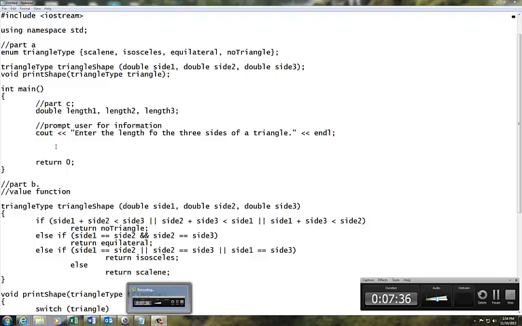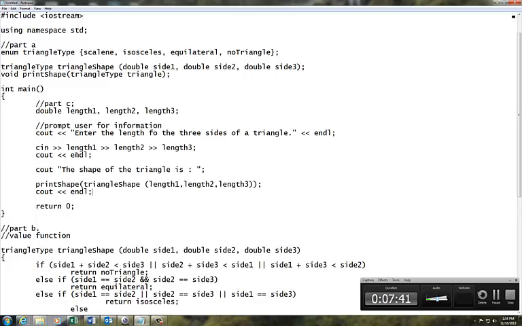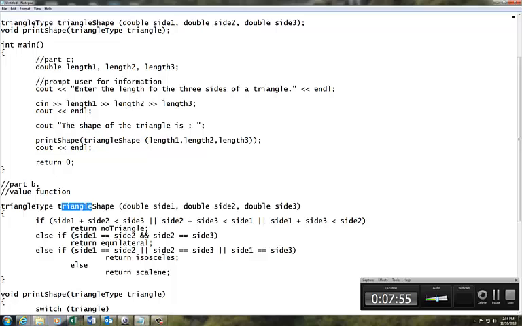When you type in the 3 numbers, I'm going to read in length 1, length 2, length 3. The shape of the triangle, this is very important, look at this, I'm going to call the function, triangular shape. I'm going to pass in length 1, length 2, length 3,